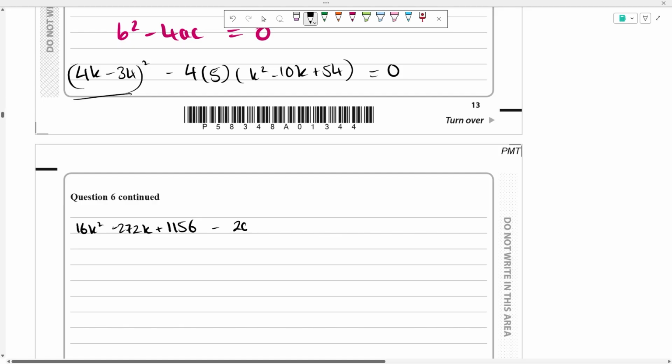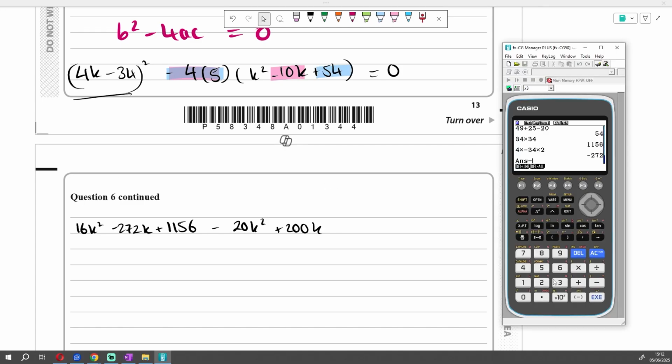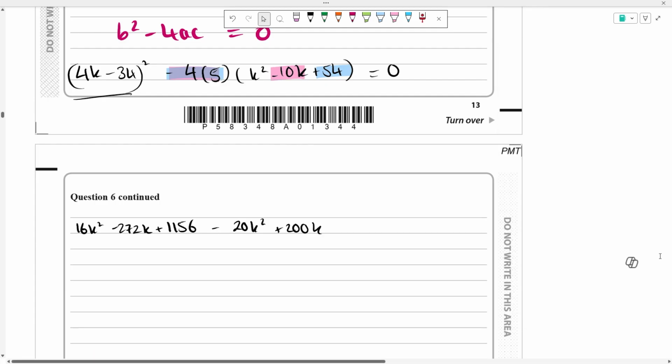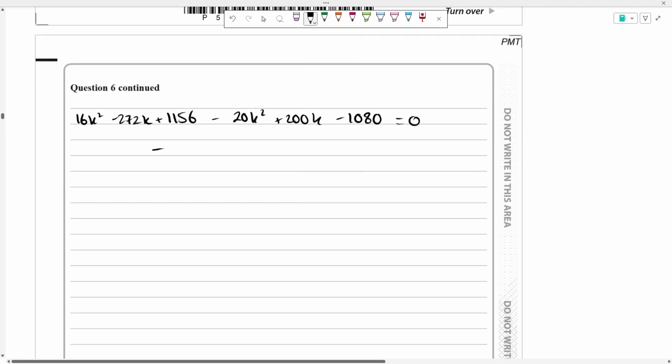This is going to give me minus 20k squared. Minus 20 times minus 10 gives you plus 200k. And then minus 20 times 54, I don't know off the top of my head to be honest, 1080. Minus 20 times 54. Minus 1080, yeah, cool. Is equal to 0. Let's continue to simplify. This gives us minus 4k squared, minus 72k,